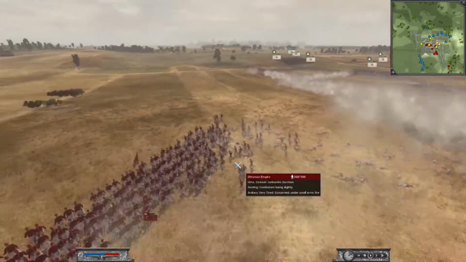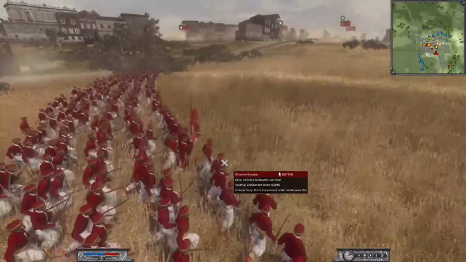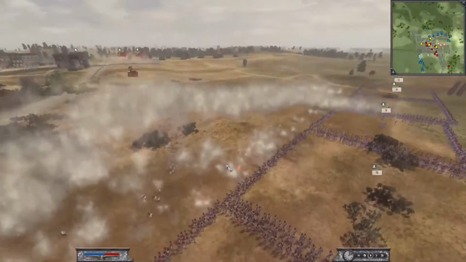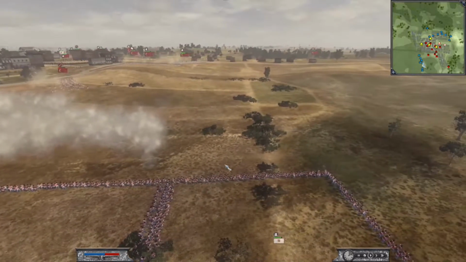Oh, I missed it over here. We did have a charge of these Janissaries that have the swords, and they did come over here and try and charge this line. In response, I just made a bunch of giant squares and lit them up. So,